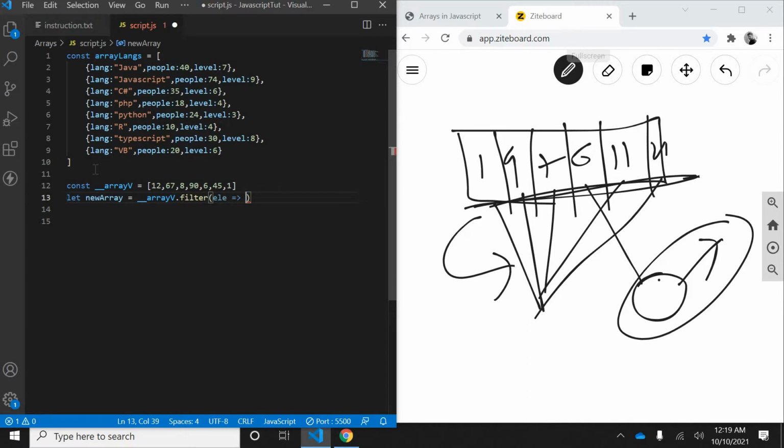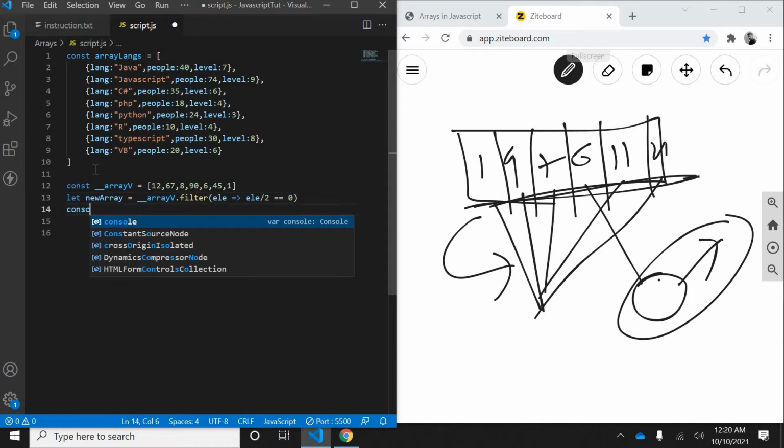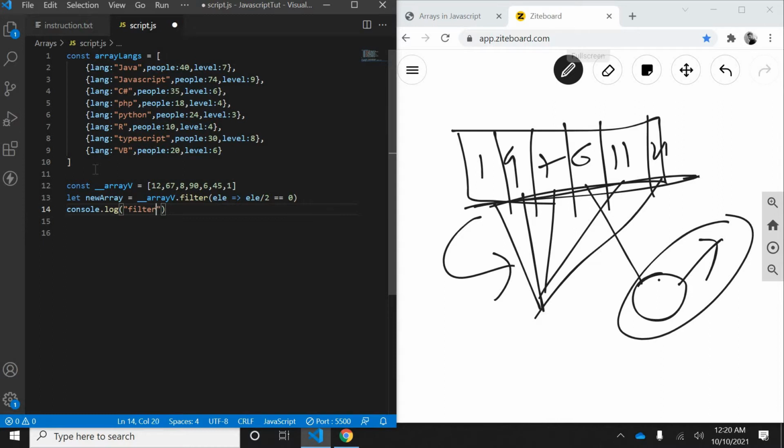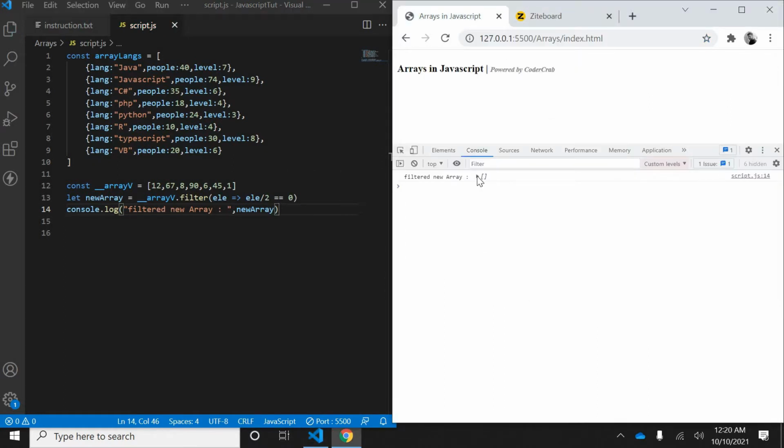So what is the logic? ele divided by 2 equals to 0. Okay, let's see the output with console.log. This is my filtered new array, then new array. Let's see this.